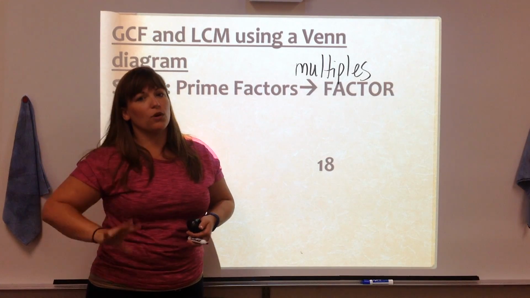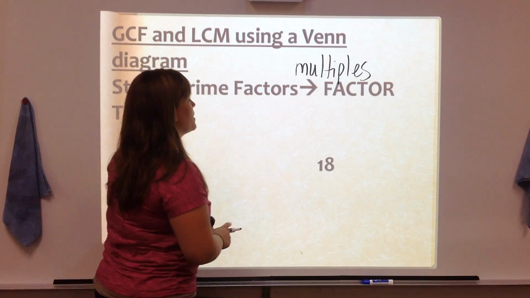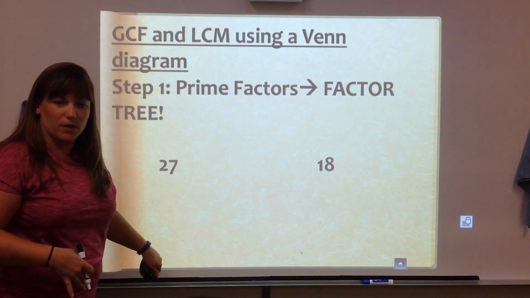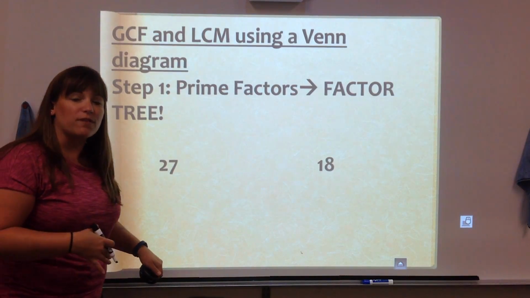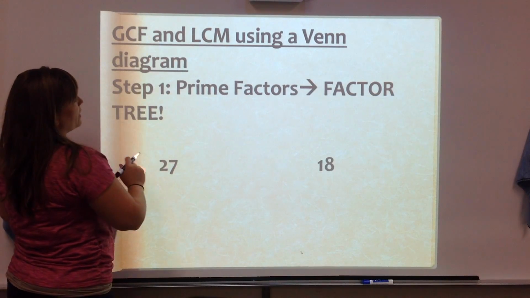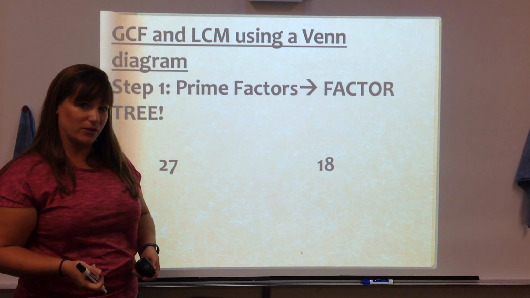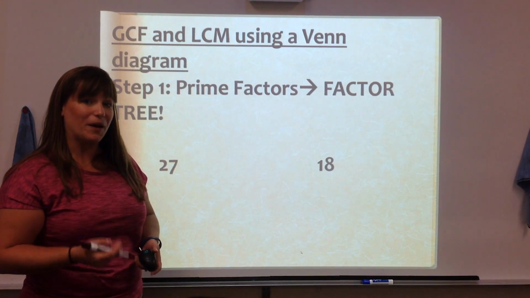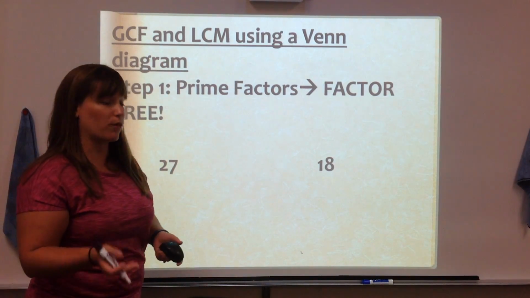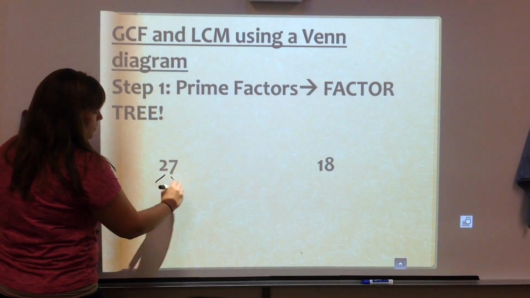And in part 2, we're going to throw in an extra number, but we'll take it one step at a time. So I have it broken up step by step, just so that you can follow along. I'm going right down your note sheet. Using a Venn diagram, step 1 is we are going to remember from 5th grade prime factorization. And we're going to find the prime factors of the numbers we're being asked to find the GCF or LCM or both of. So that means we have to draw little stems